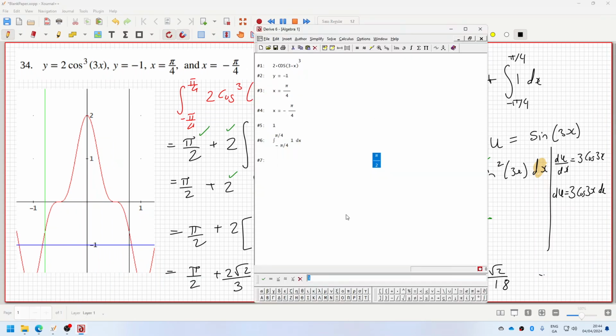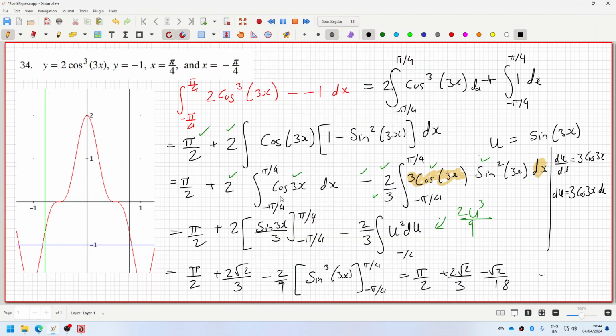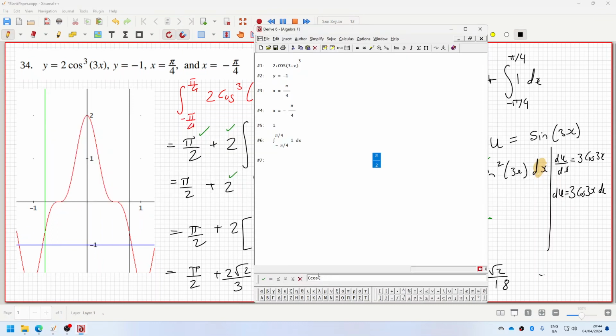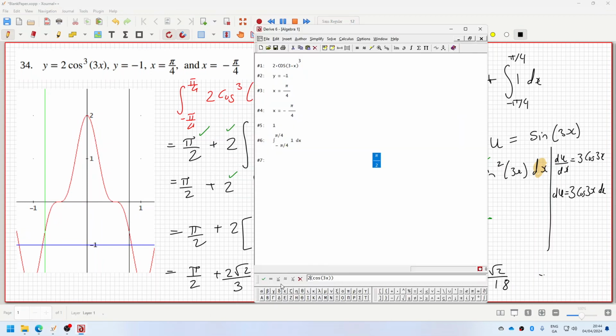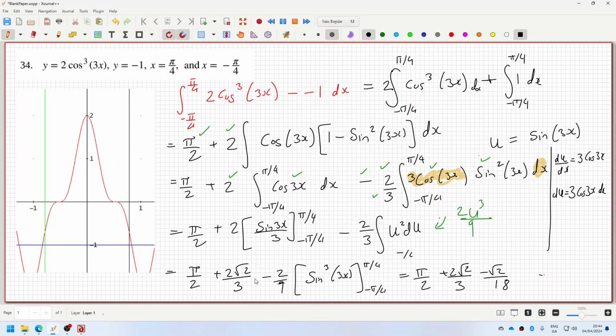And then let's see what we get if we integrate cos cubed. Well, actually, what do I want? No, cos 3x times 2. So that's this piece here, which is giving me that. Okay. 2 root 2 over 3. Okay, so that's correct. So that's right and that's right. So maybe it's the last one then,